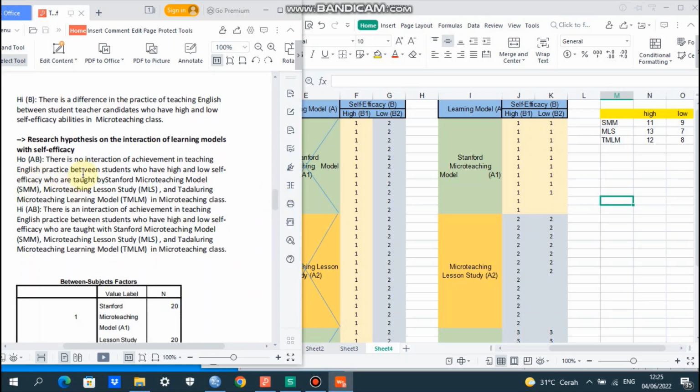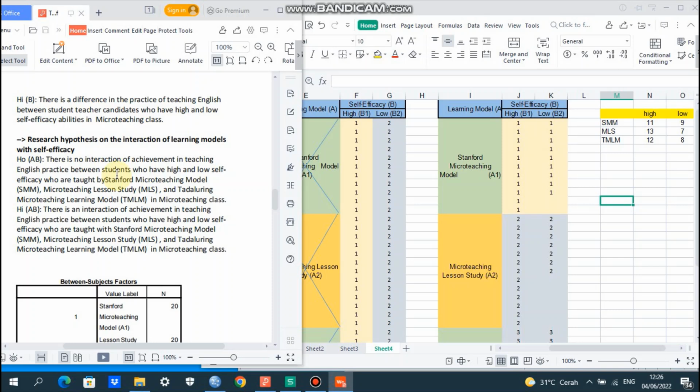Okay, and the next research hypothesis is on the interaction of learning models with self-efficacy, the interaction A B. Learning model A, self-efficacy B. Okay.